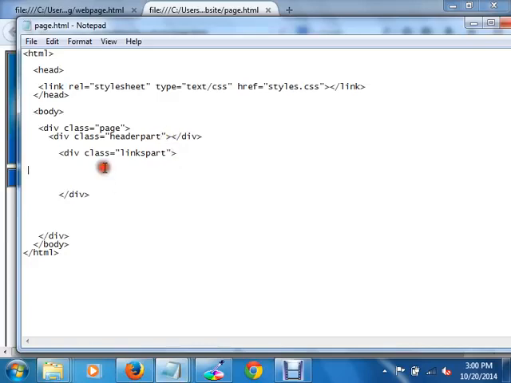For displaying that, we have the tag a, href equals home.html, and the displaying name is home.